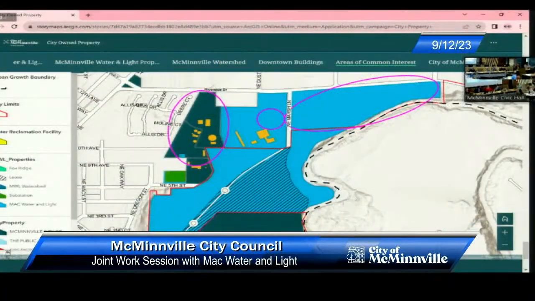We have a transmission line that runs through there, and that feeds basically the south end of what we call the 115 kV loop. So we have a loop around town, so we can feed town from either side of that. So that would have to be looked at. And we would want to retain that easement on that property because of that line.